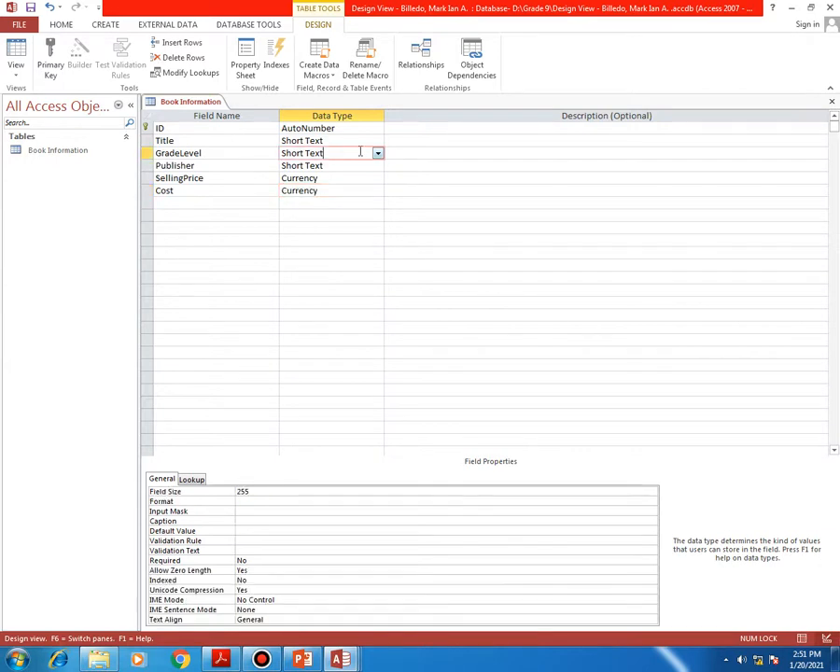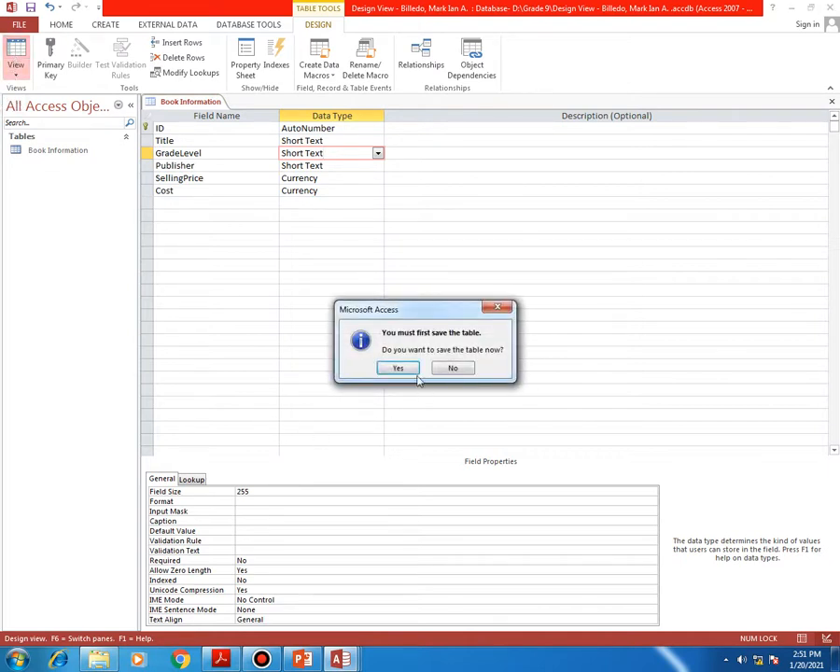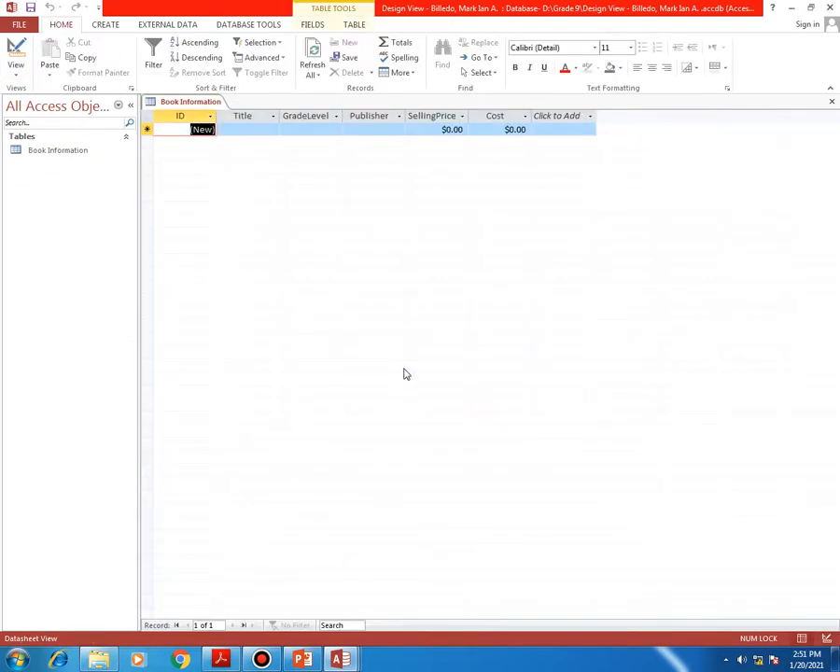Okay, after assigning or after changing the data type of our field name and entering our field names into our database table, then we can now proceed to the datasheet view. So proceed to the datasheet view, click yes to save it. Okay, so that it will be saved. Now, according to our module, the first thing that we are going to do is arranging